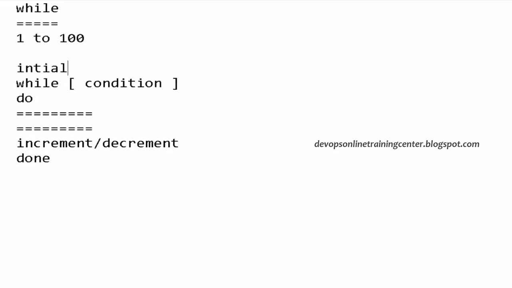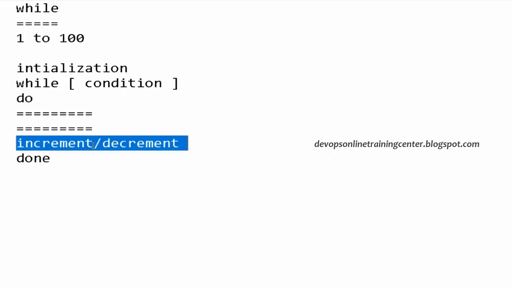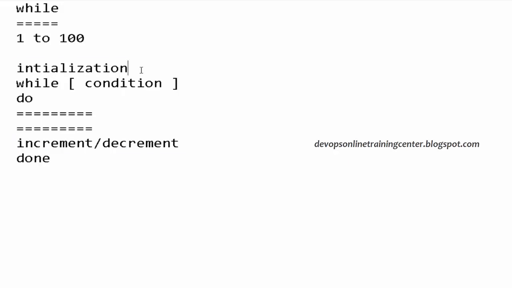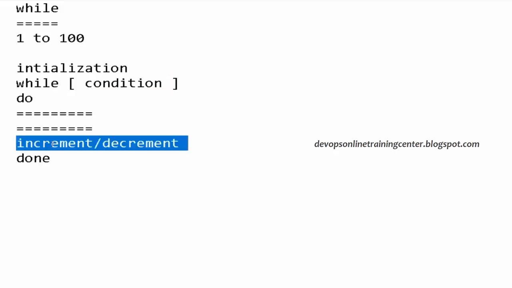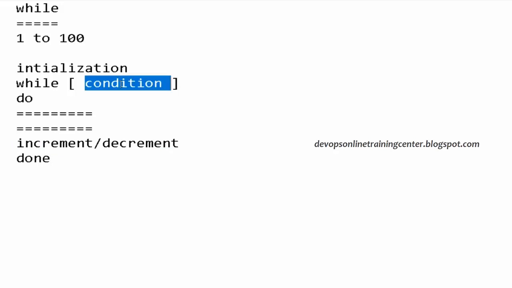There will be three things in a while loop or for loop. First is initialization, then condition checking, then increment or decrement. So we initialize the value of a variable here, and we check the condition. If the condition is true, it will go inside and execute the statements. Then we need to have an increment or decrement operator. Based on that, it will again increment or decrement the variable, and it will loop through the iterations till this condition fails. So when this condition is true, it will enter the loop. It will iterate through the loop till the condition is false, right?